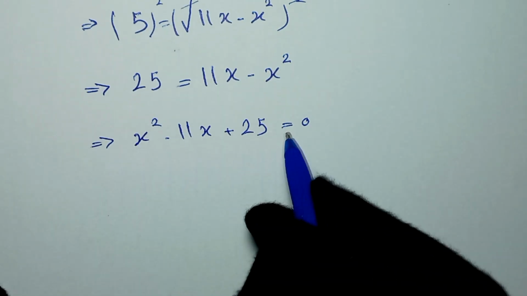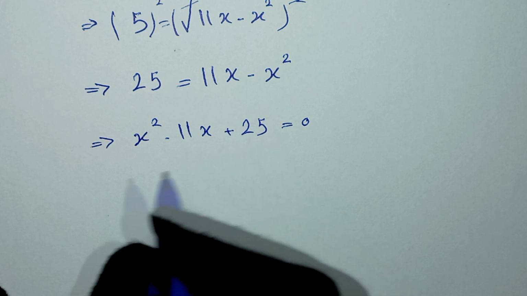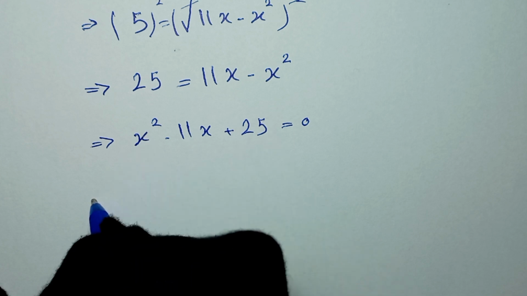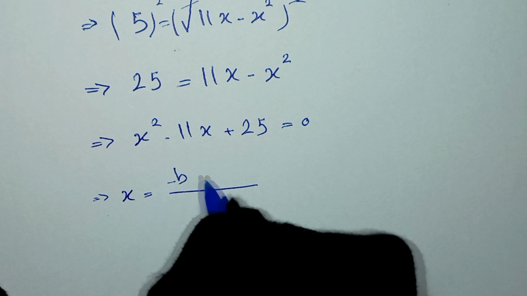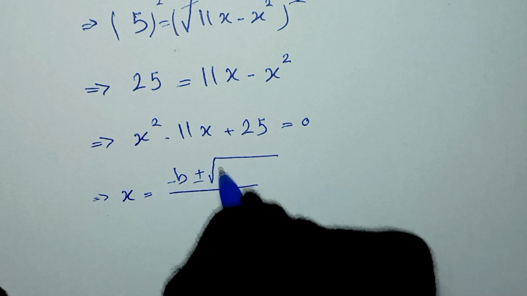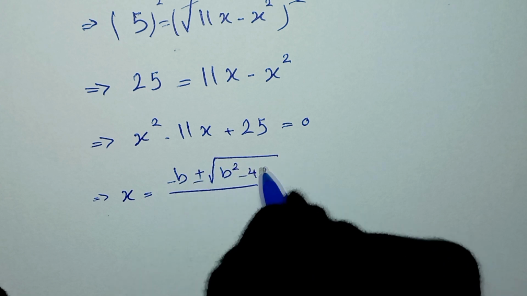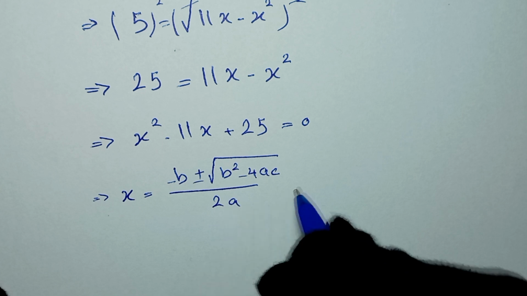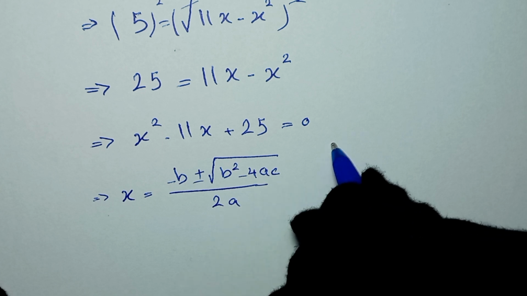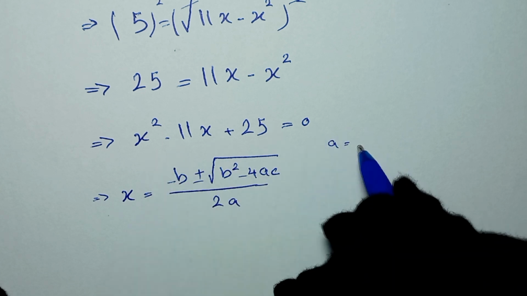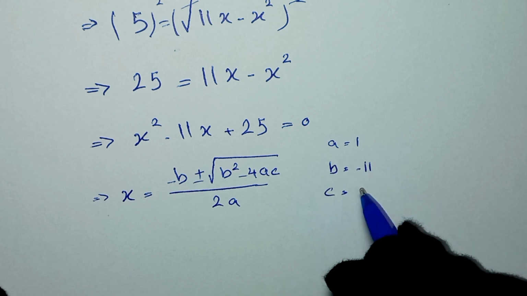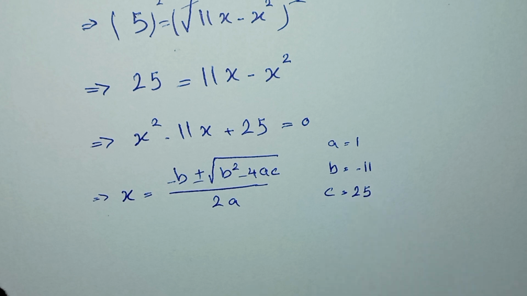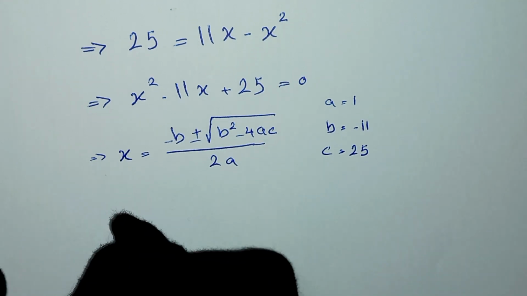And this is a quadratic equation, and we use the quadratic formula, which is x is equal to negative b plus or minus the square root of b squared minus 4ac over 2a. And a is equal to the coefficient of x squared, which is 1, and b is the coefficient of x, which is negative 11, and c is the constant, which is 25. Okay, so x is equal to